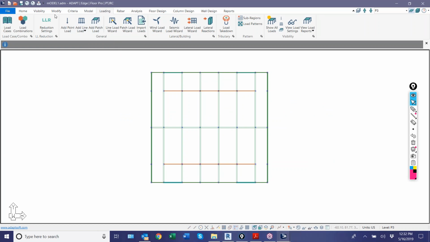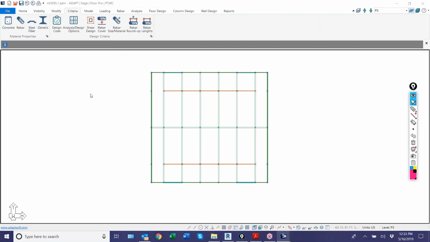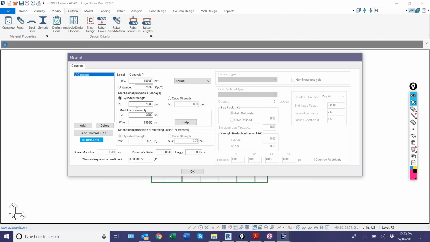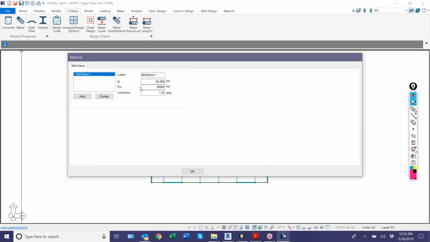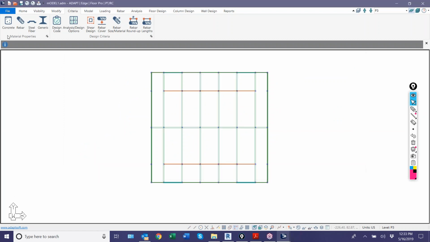Let's go over now to criteria. We're going to set our concrete strength here to 5,000. We're just going to use concrete 1 for today's session. And then rebar, we'll change the modulus. This is actually opened in, it shows PTRC here, but there's no tendon dialog, and the reason for that is I had opened up another